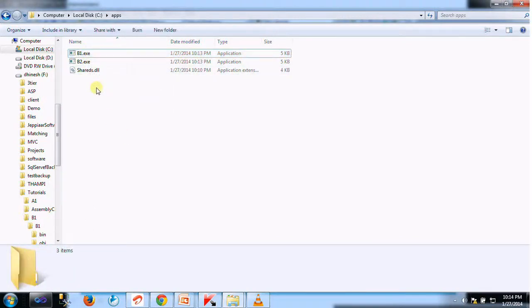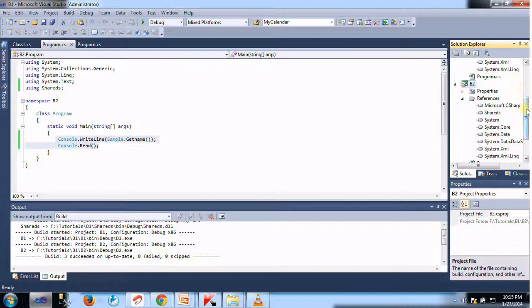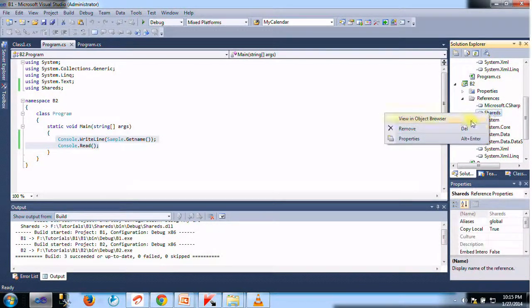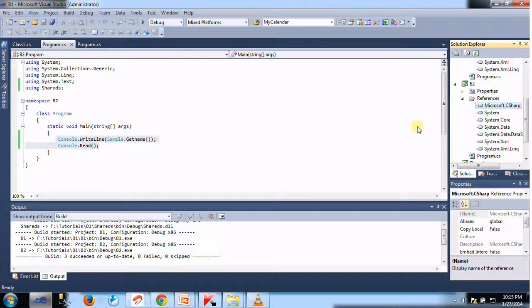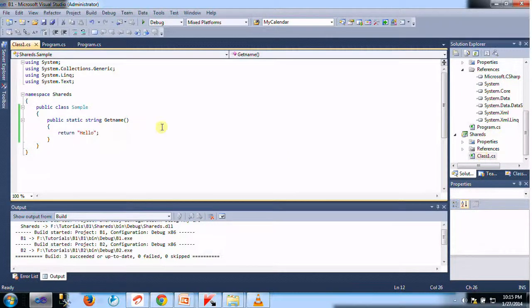And if I download a new version, or if we change the P2 application, what will happen? Let's practically look at this. First remove the assemblies. Here change the method name from GetName to GetName2, returning hello world.